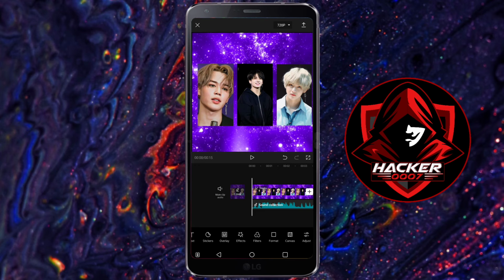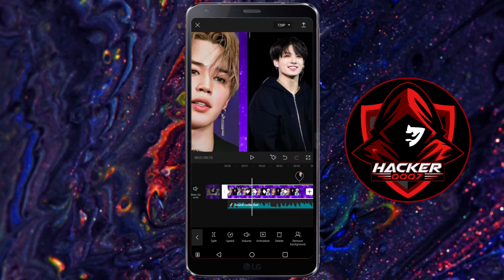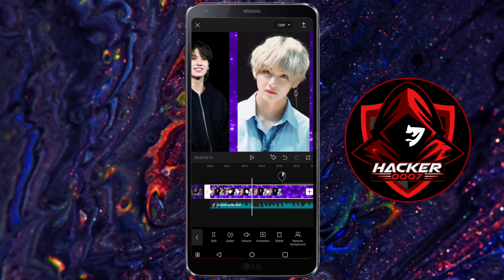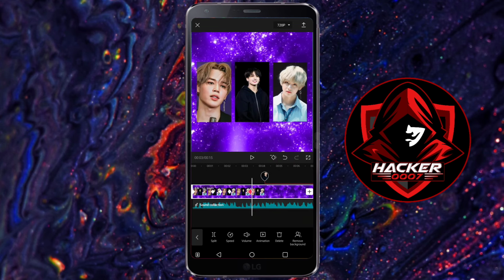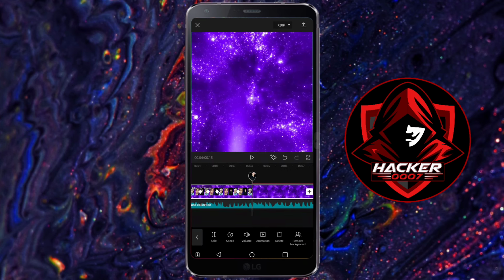So as I've said, after you've added the keyframes on the timeline, now this is the most important part of it. You need to add the 3 keyframes where you're zooming in on each individual, and then you'd need to zoom back out with the final keyframe. And then here at 4 seconds,